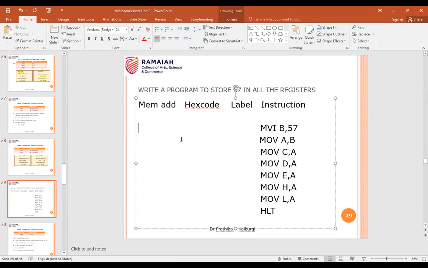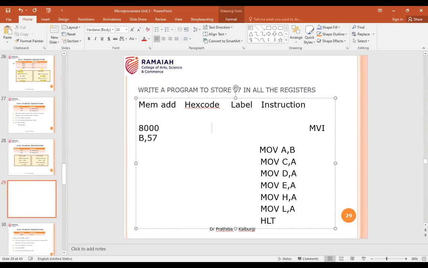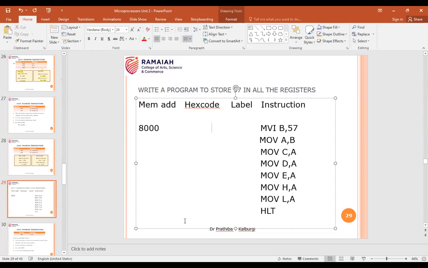This kit, we are going to start the address location from 8000 and above onwards. Below 8000 we are not going to use, because it will not identify the address location below 8000. Whereas in the case of your SDK kit, we can use from 00 onwards. Fine. So we start with the 8000 address location, and then this is your, what do we call it, the hex code